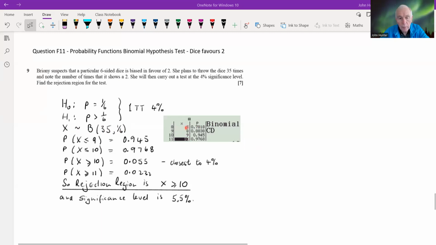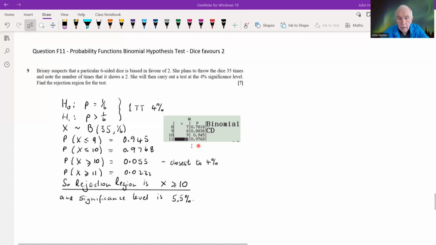The first row gives the probability that the random variable, the number of 2s, is less than or equal to 7, and that's 0.7818. So the probability that the random variable is 8 or more would be 1 minus this. If we look down here, this is getting into the territory we're interested in. The probability that it's less than or equal to 9 is 0.945, meaning the probability that it's greater than or equal to 10 would be 1 minus this,